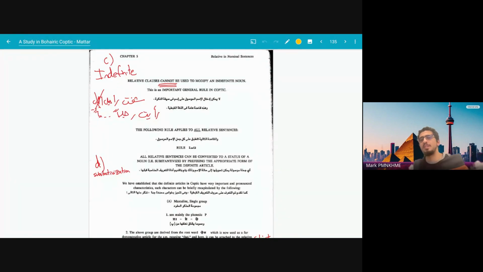The man who is here. You don't say "a man who is here," because if you know that the man is here, then it's "the man," not "a man." You would use something else. This also works in Arabic pretty well. You don't say "a man who is here." Just remember, it doesn't work with indefinite.